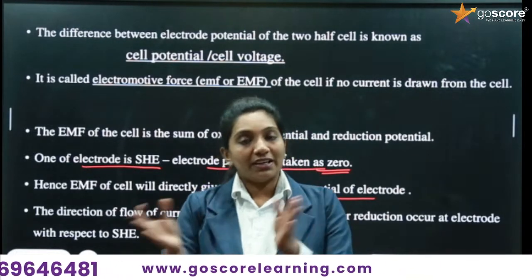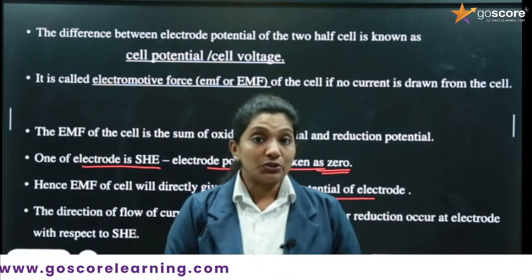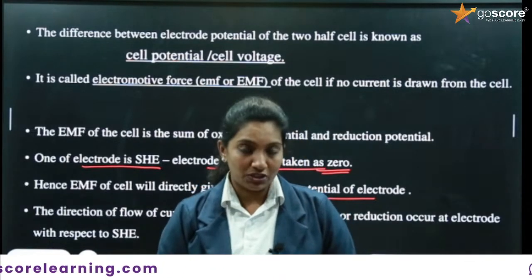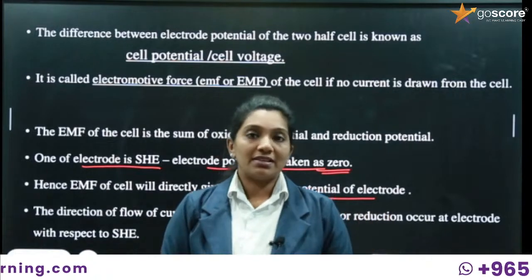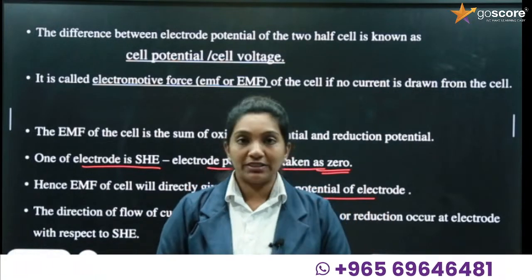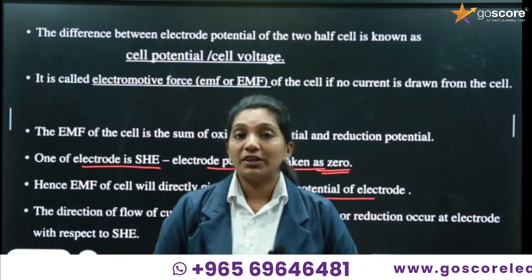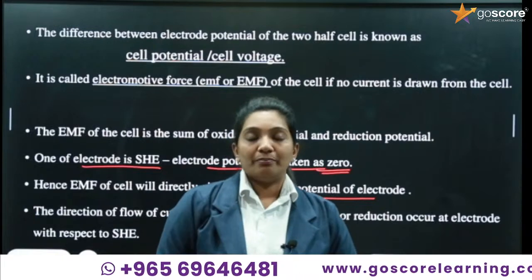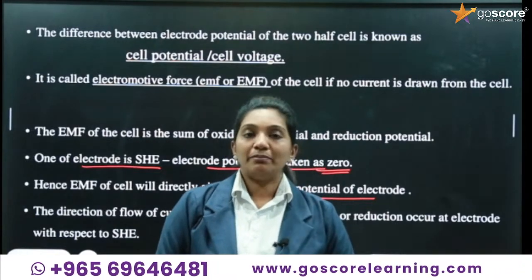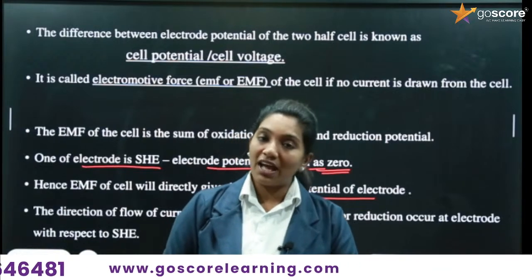Understood? We will connect the standard hydrogen electrode with the metal rod whose electrode potential we want to find out. Okay, then once the cell is connected, we will get the voltmeter reading, and from that we can find out the electrode potential of the metal to be investigated by taking the electrode potential of standard hydrogen electrode as